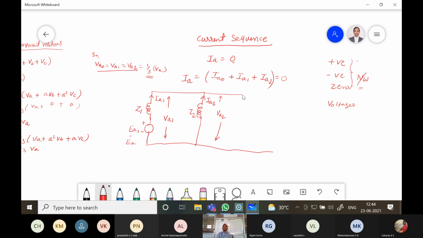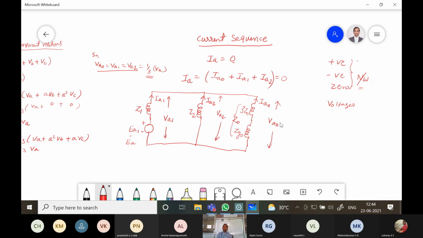Okay. And the zero sequence network. So the zero sequence network will be represented by two reactances. One is the neutral reactance. The neutral reactance is called 3 times Zn, and Zg0. So in total we can call it Z0. And what is the current flowing here? That is called IA0. And the voltage across this is equal to VA0.